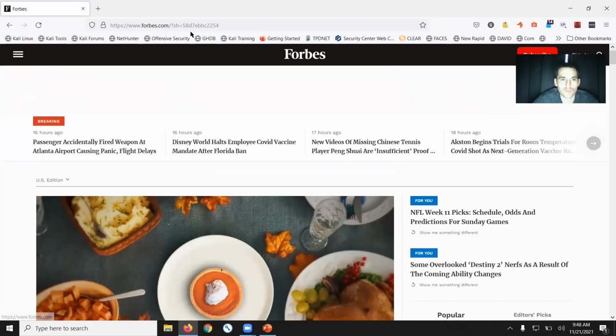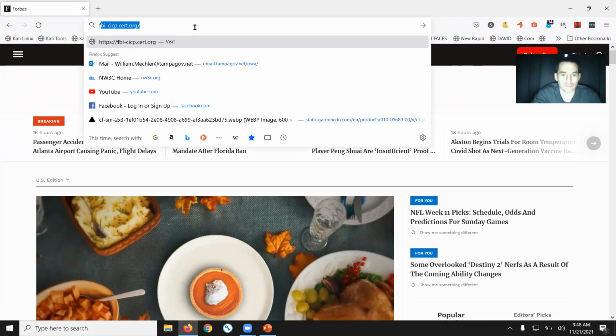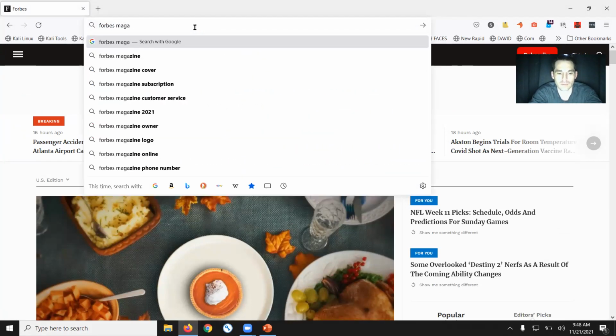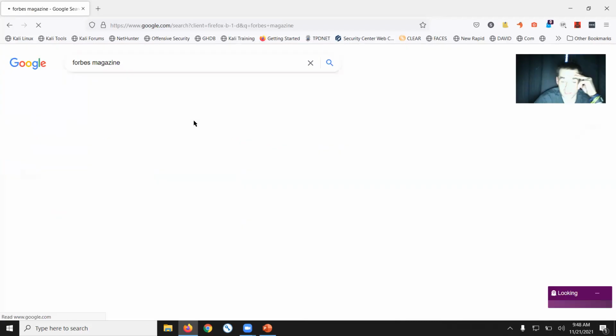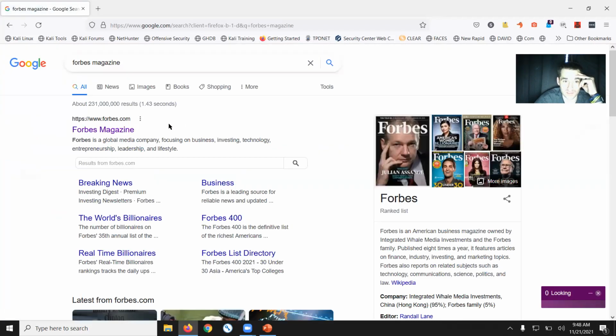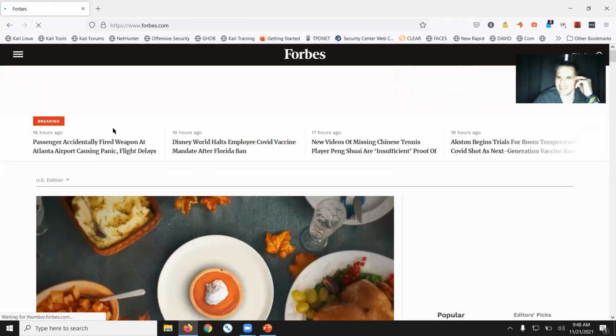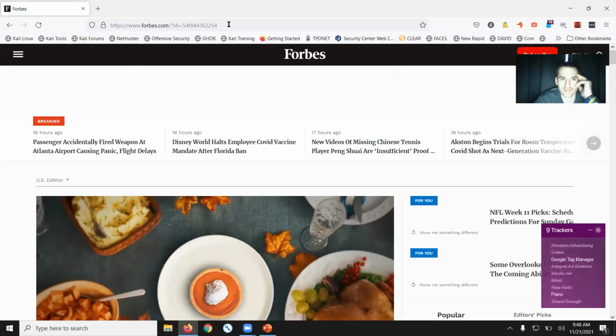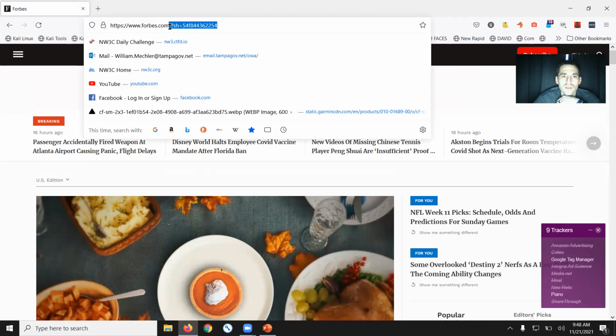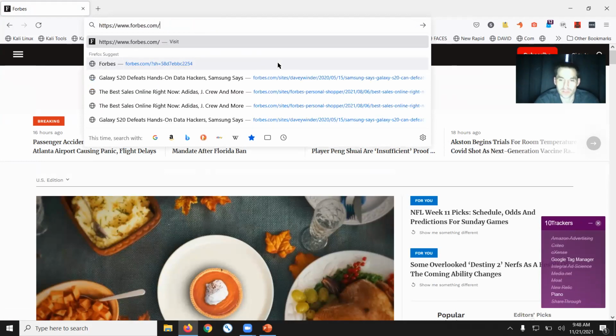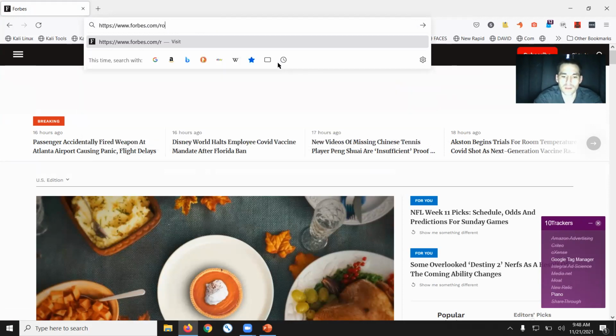Yeah, so we're going to go to Forbes magazine and just see what the actual website is. Well, it is Forbes.com, so that is just awkward. It just didn't look like it. Anyway, I was able to find that in Google, and the reason I was able to find that in Google is because of these crawlers that I was just talking about,